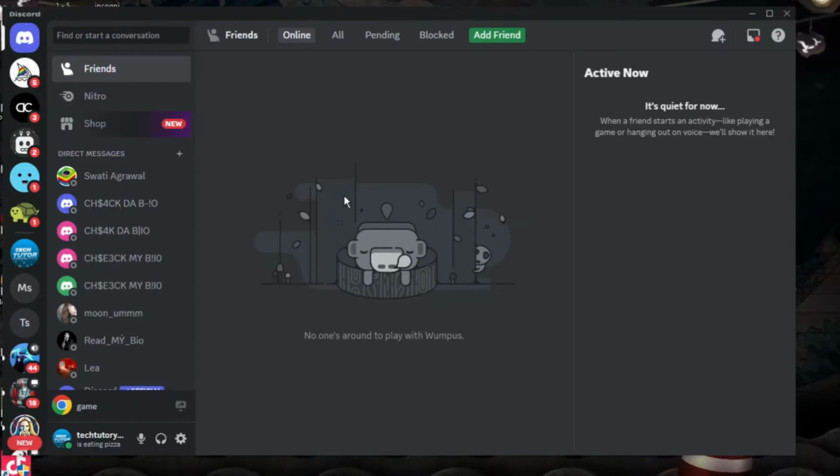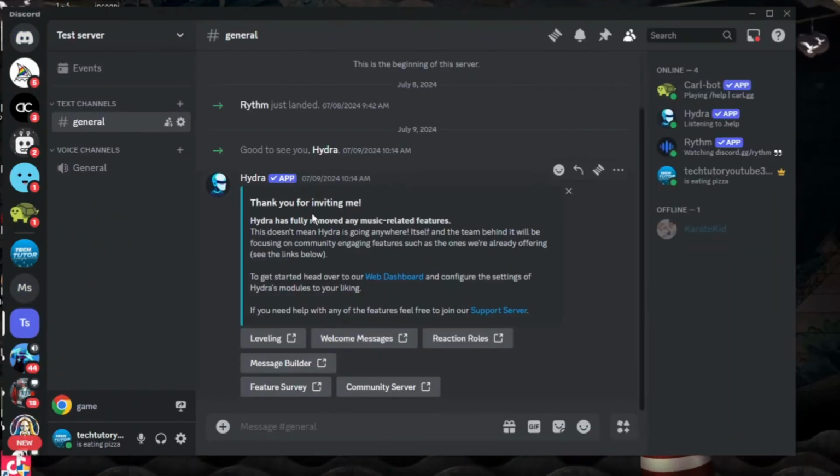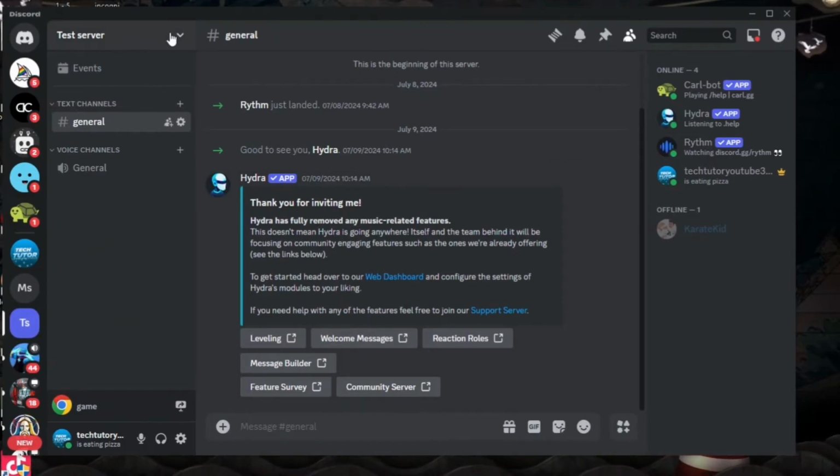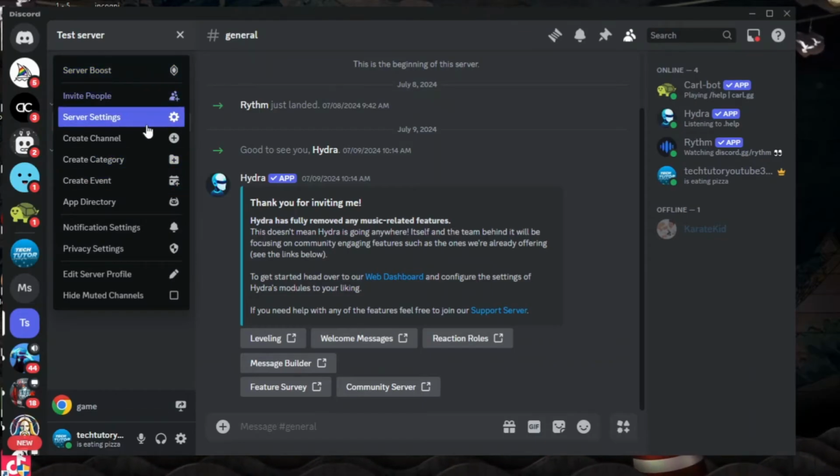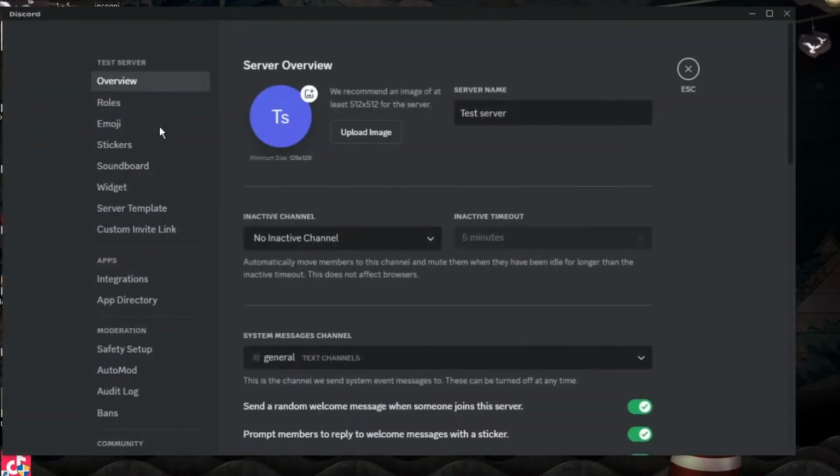Now to change your server name, what you're going to want to do is come over to your server list on the left hand side and select the server that you want to change your name for. Now once you've done that, you'll be taken into the server, and what you want to do from here is come up to the top left hand corner and click onto the server name to bring up this drop down menu. From this menu, you want to come down and click onto server settings, and when you come into here,